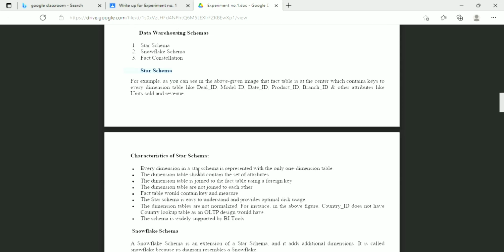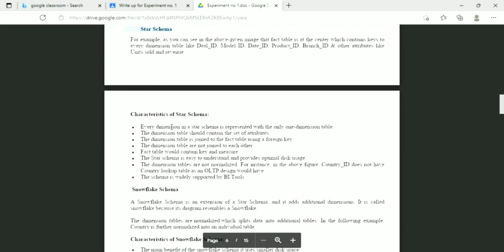Characteristics of star schema: every dimension in a star schema is represented with only one dimension table. The dimension table should contain the set of attributes. The dimension table is joined to the fact table using a foreign key. The dimension tables are not joined to each other, and the fact table contains keys and measures.